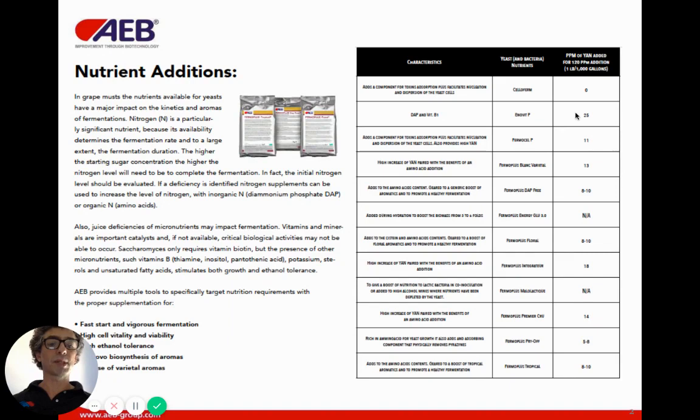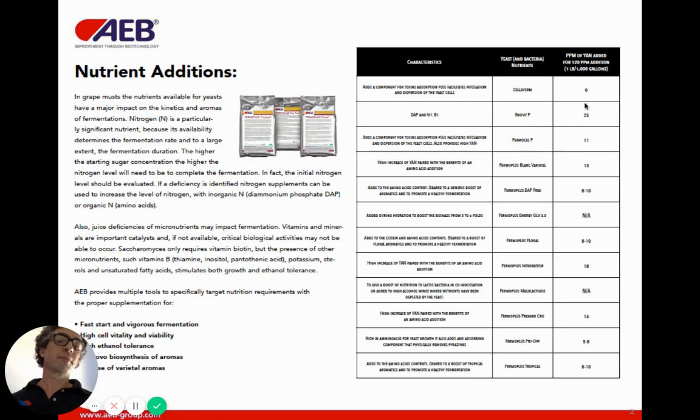Exactly 1 pound per thousand will give you, for example, for the Innovate P, 25 ppm of yeast available nitrogen, YAN. This addition is also equal to 120 ppm or 12 grams per hectoliter. You see a lot of different nutrients with different numbers. So the maximum you reach is by adding DAP, so ammonia, which is Innovate. Innovate is DAP with